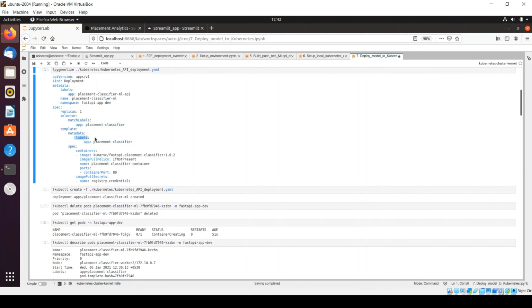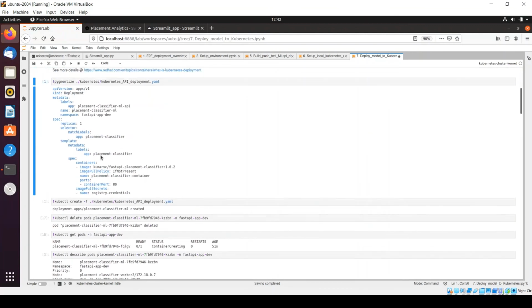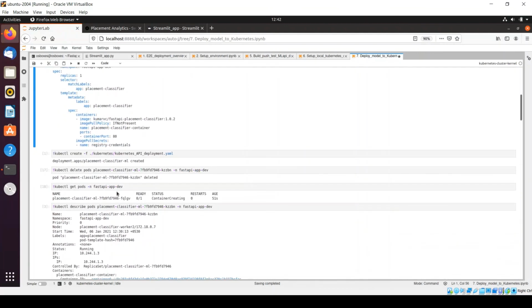This label definition is for the service to identify which pod it needs to invoke, and the matchLabels is for the deployment artifact to understand which pod it needs to restart if something goes wrong. So that's the purpose of defining two different types of labels.